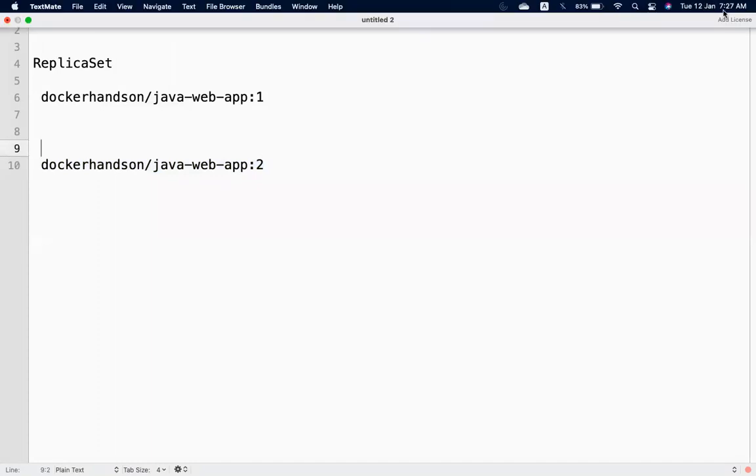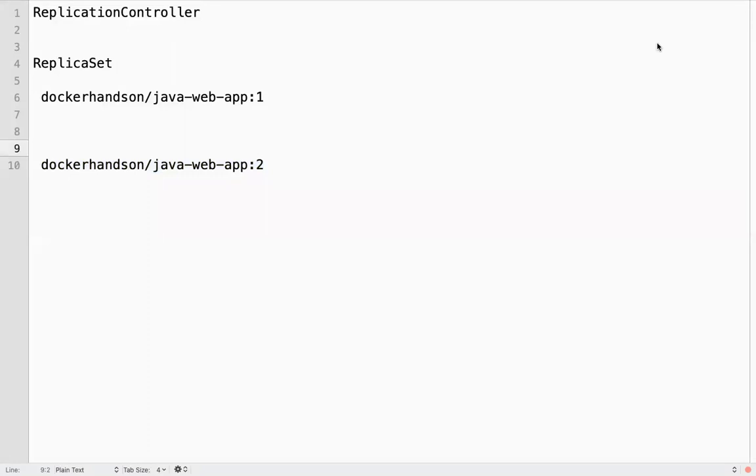So if you want to update, what you need to do? For the replica set and replication controller, you need to delete the replica set or replication controller so that it will delete the pods. When you recreate the pods, then it will create them with the latest image, right? So in this case, can I achieve zero downtime deployments if I use replication controller or replica set?